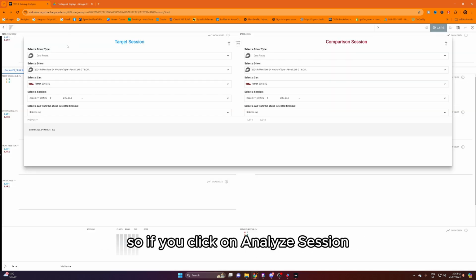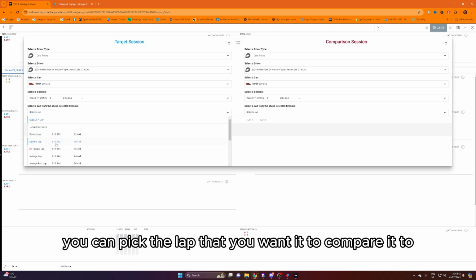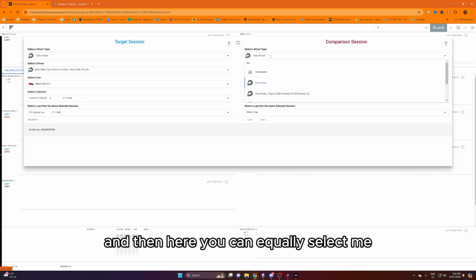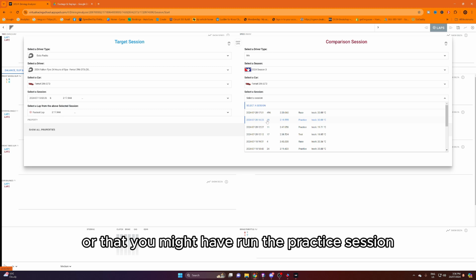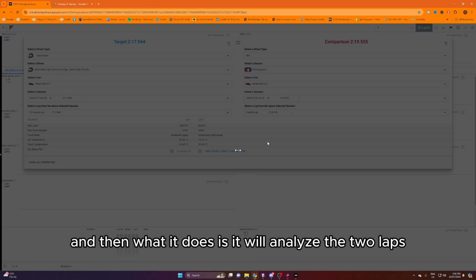So if you click on Analyze Session, you can pick here from the data pack that you've got access to. You can pick the lap that you want to compare it to. So let's have a look at the fastest lap. And then here you can equally select the session that you might have run, the practice session in this particular case, select my fastest lap, and then what it does is it will analyze the 2 laps